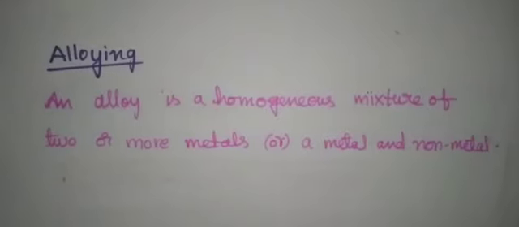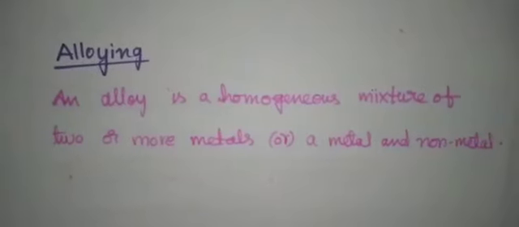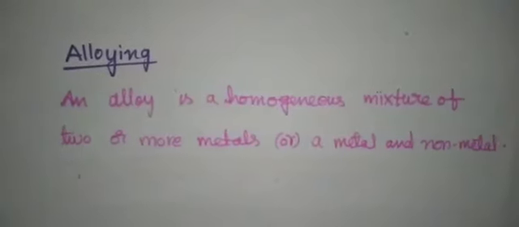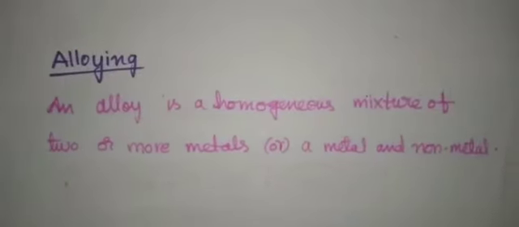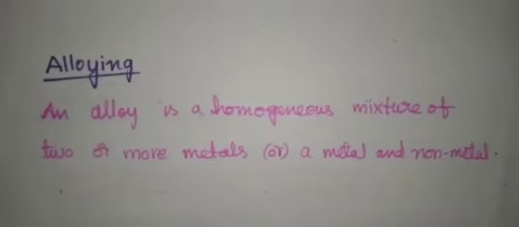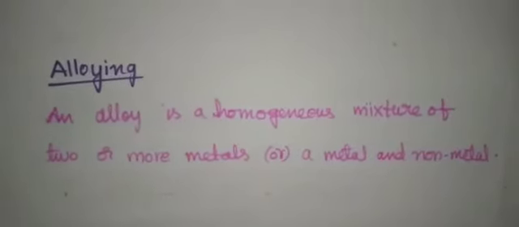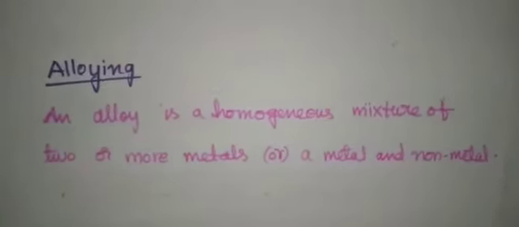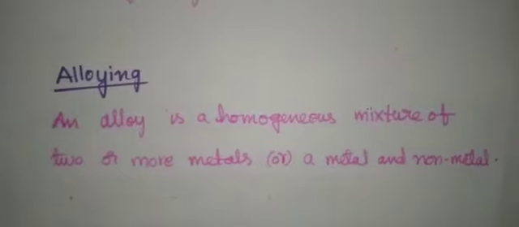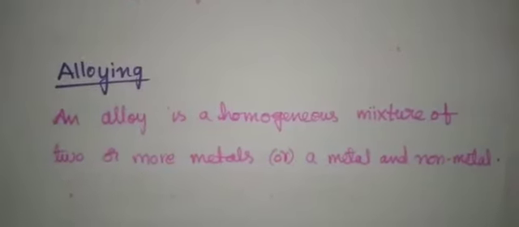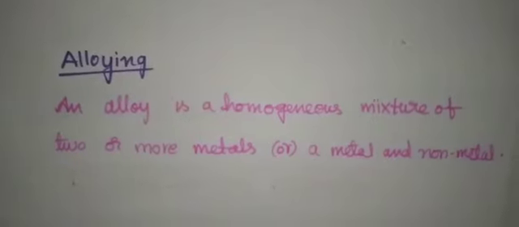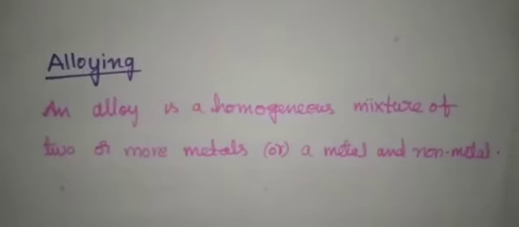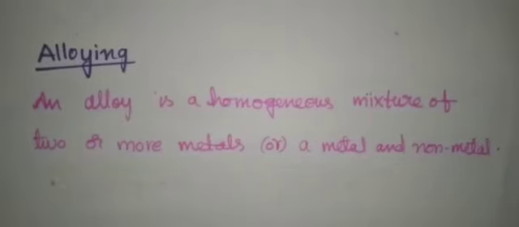It is prepared by first melting the primary metal, that is iron, and then dissolving the other elements in it in a definite proportion. It will be in a 3:1 ratio or 2:1 ratio, like that. 2:1 means 2 parts of the iron and 1 part of the remaining metal or a non-metal, and it is then cooled to room temperature. So then we can get an alloy.